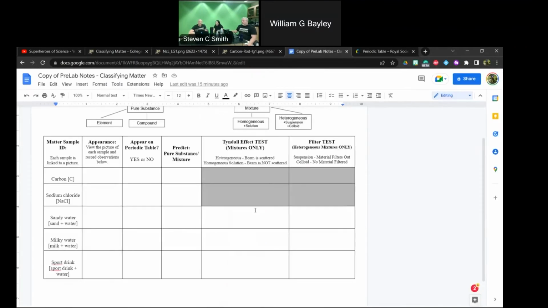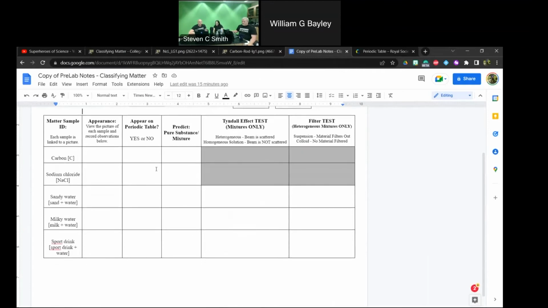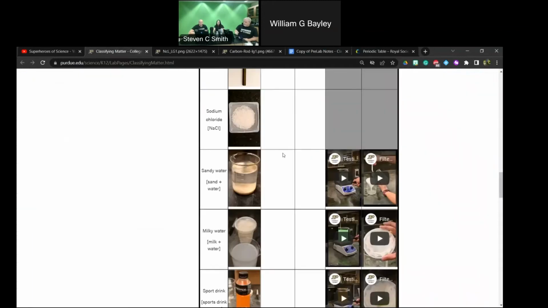Yeah. So if we go back to our pre-lab note, well, actually, I guess we don't necessarily do that here, but I'll show you where that is for our data analysis. It's on the other worksheet, right? Yeah. We'll get to that one. So right now, the first order is trying to determine whether it's a pure substance or a mixture. Once we have it down to a mixture, then we'll differentiate those: homogeneous solution, heterogeneous colloid, heterogeneous suspension. The pure substances we didn't really do much with yet, but we'll see those once we get to class. So that's something that if you wanted to do more with your own students, you definitely could.